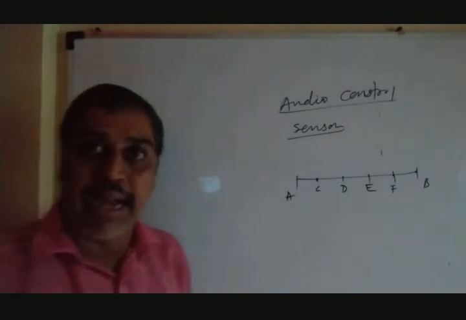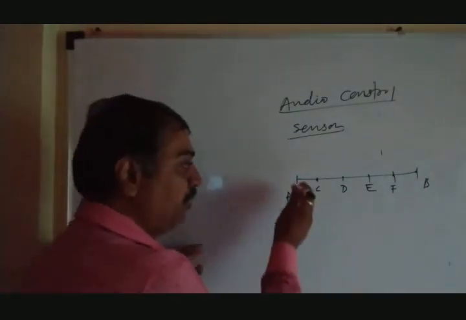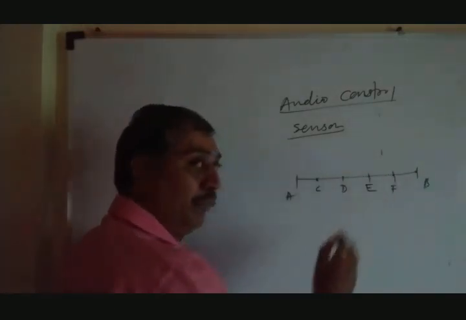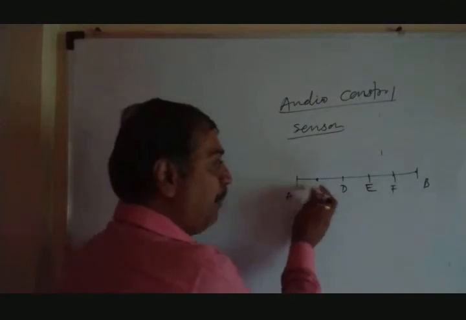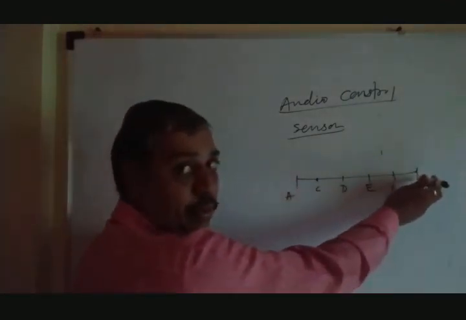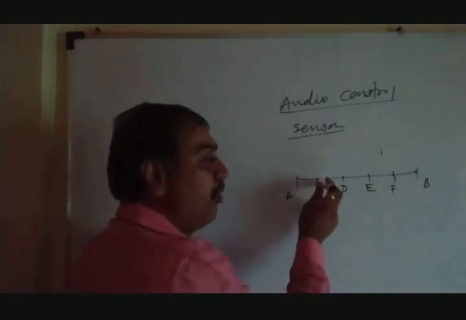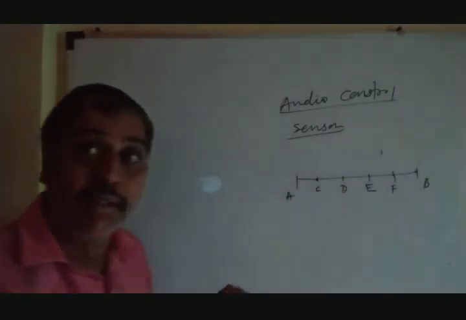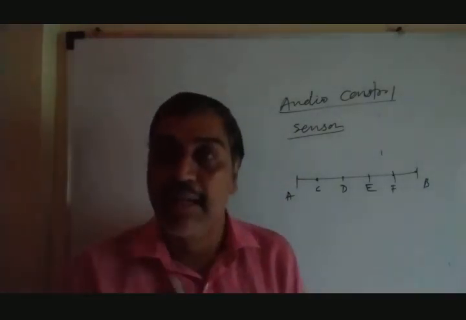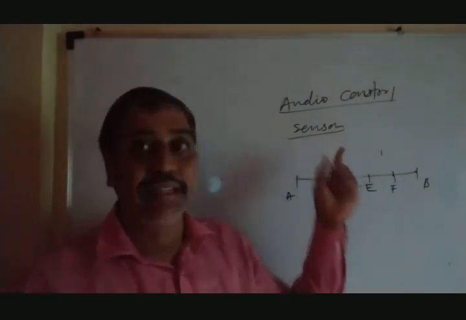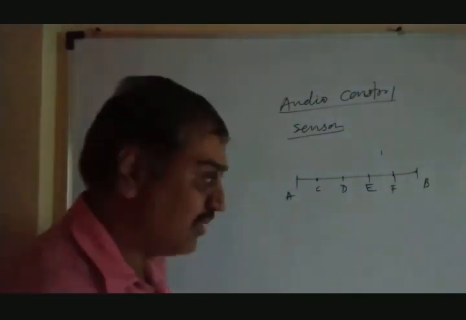So suppose there is a mechanical part which is moving like this, moving on this wire. Then what occurs? When that mechanical part is at B, maximum voltage. When it is at A, 0 voltage. At C, small voltage. So this mechanical movement of any part can be sensed in terms of change in voltage, and that is said to be a sensor. Potentiometer as a sensor.